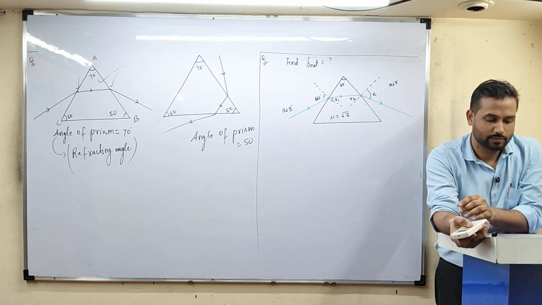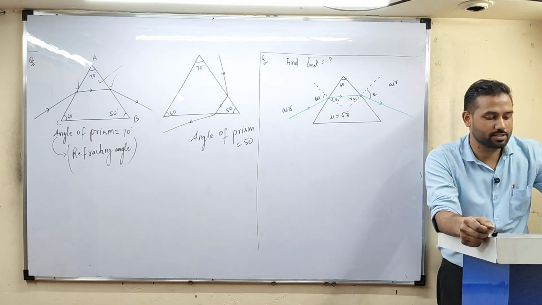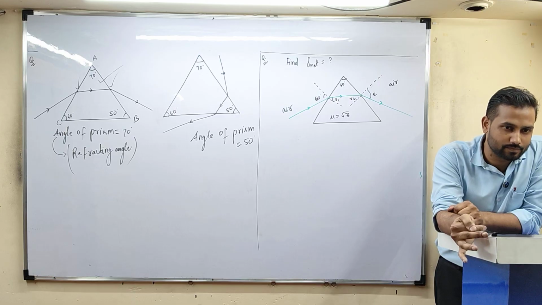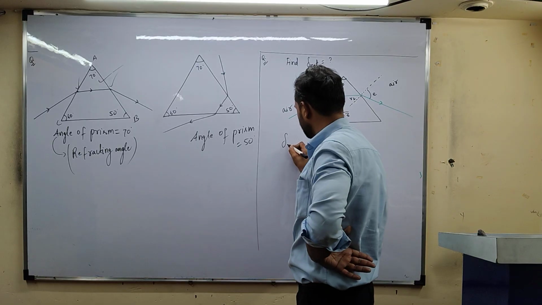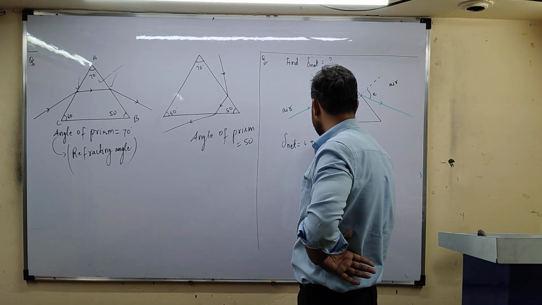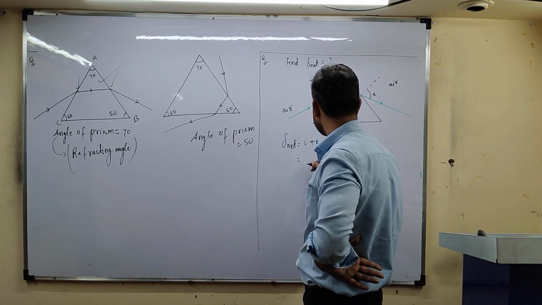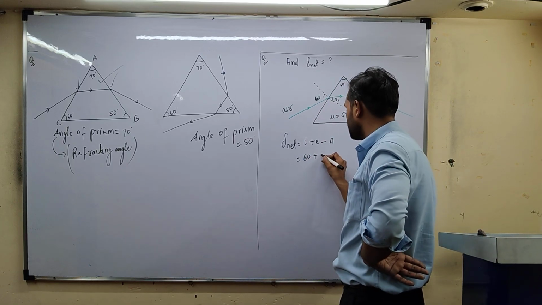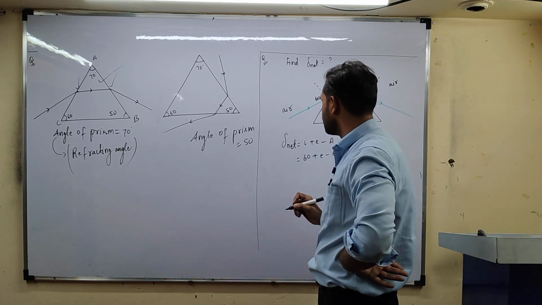बोलो, 60 डिग्री आ रहा है, बोलो कितने लोग का 60 आ रहा है। वेरी गुड, सही है। नेट डिविएशन का फॉर्मूला क्या है बताओ मुझे। नेट क्या लिखेंगे, I प्लस E माइनस ए। आई कितना है बोलो 60, E कितना निकालना है, ए कितना 60।